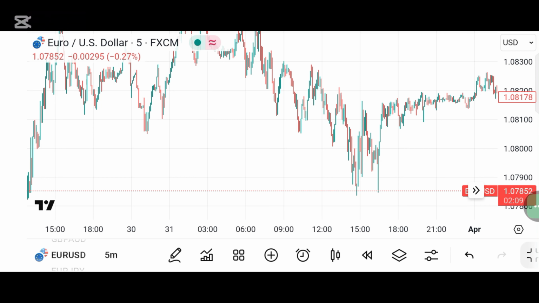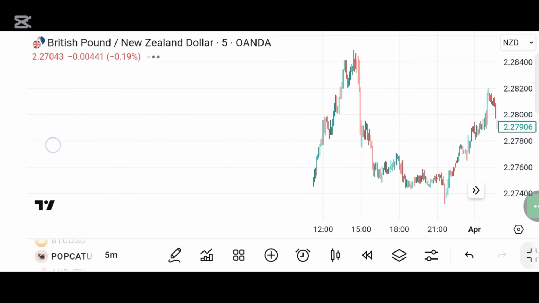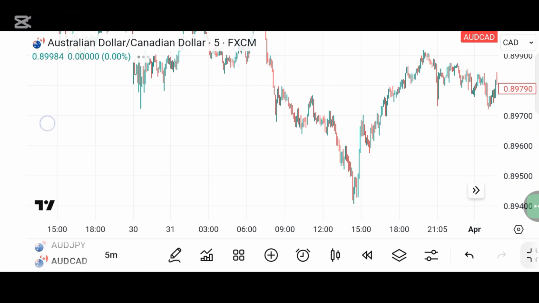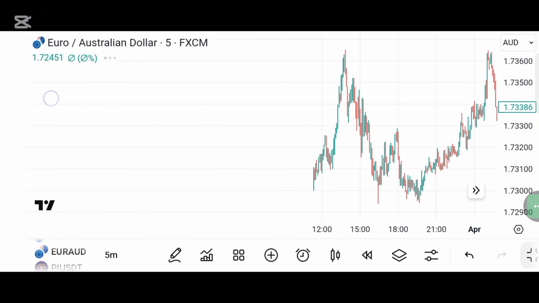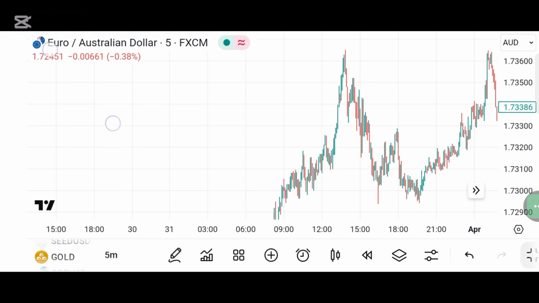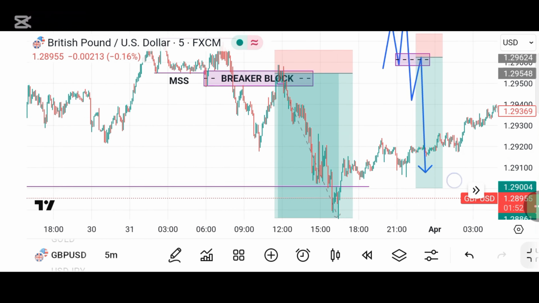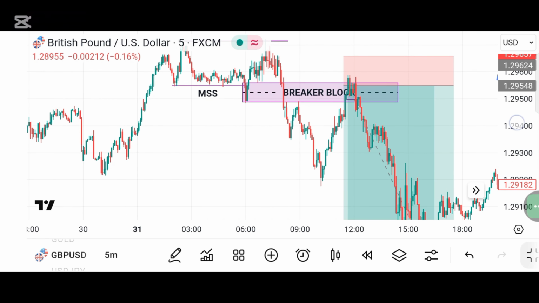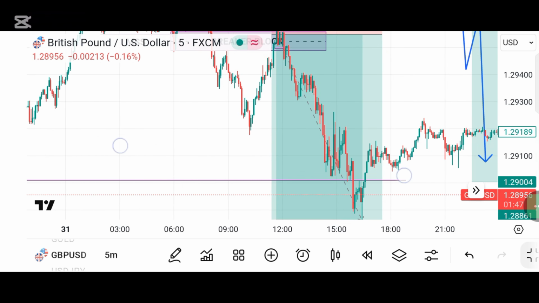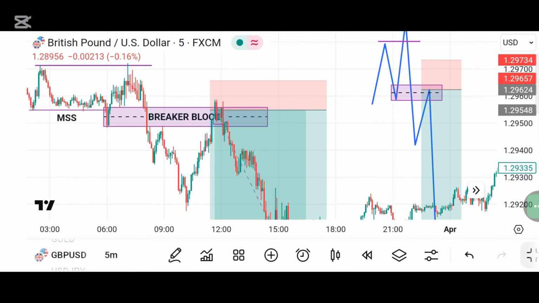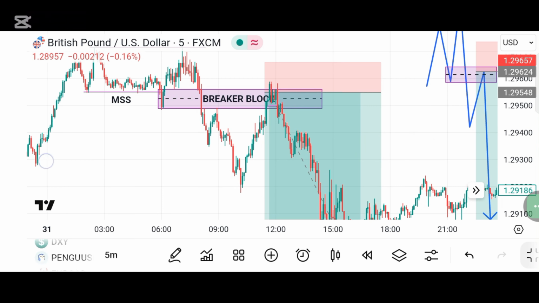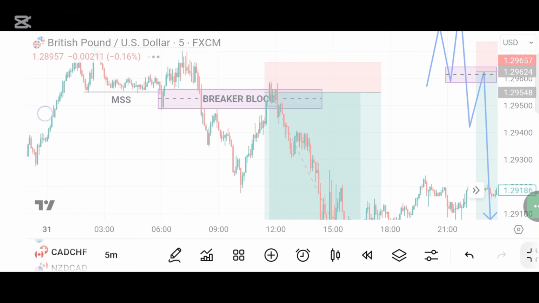The one that gave me the best setup was GBP USD. Although this is not about it, it's more like I'm talking about correlations of pairs, and at the same time talking about the trade I took on GBP JPY. But since this is GBP USD, you can see that this breaker block was perfect. It was perfect here, and I took this trade because it was actually perfect, still on the breaker block entry model. But if you look at Euro USD, I won't say Euro USD wasn't perfect, but it was not giving